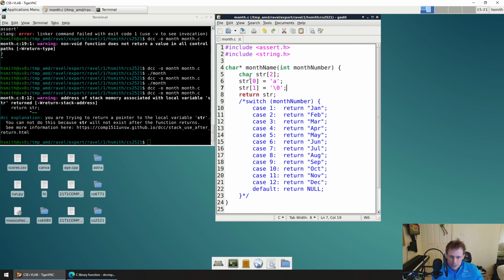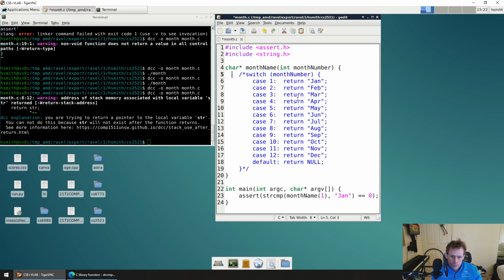But in this case, you're trying to essentially return an address, a pointer to the beginning of an array, and the array will not outlive the end of the function. So once the function's finished, the array is deleted, so you can't return the start of that. The difference though with what we call string literals is that they're actually stored a bit differently, without going into the extensive detail of it. When you have a program that returns a literal like this, it's not stored on the stack. It's not automatically malloc'd. It's actually stored inside of a part of the read-only program code,